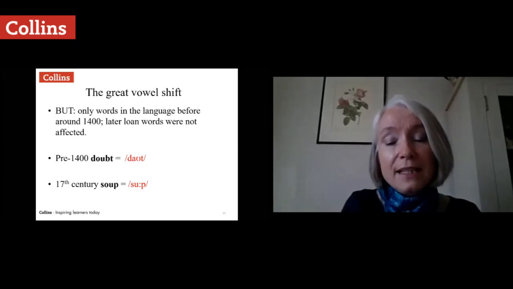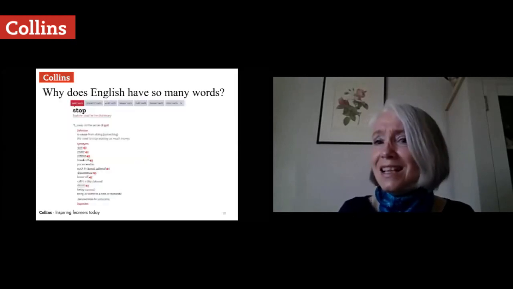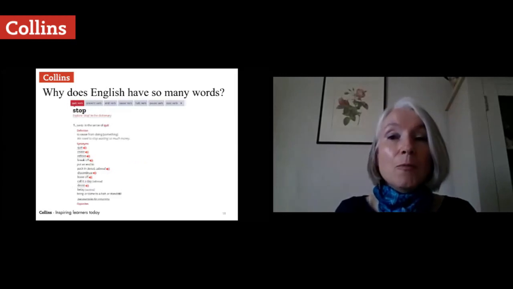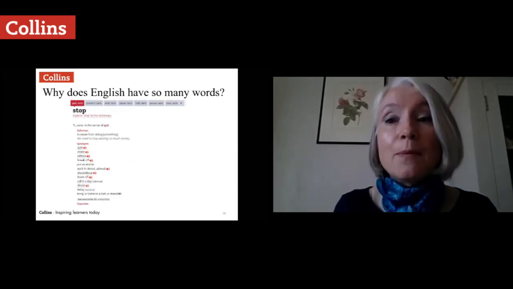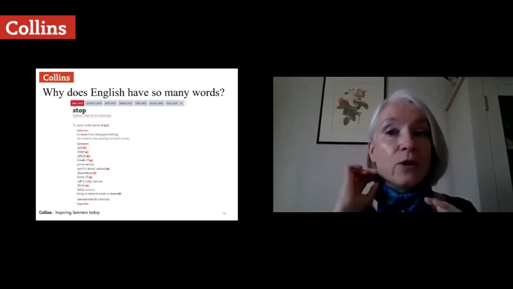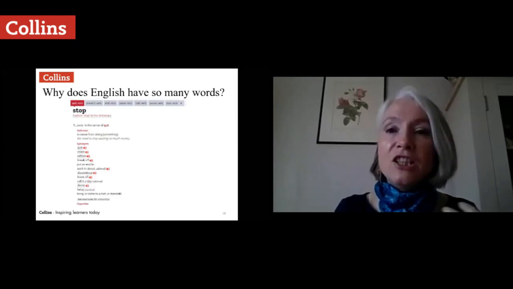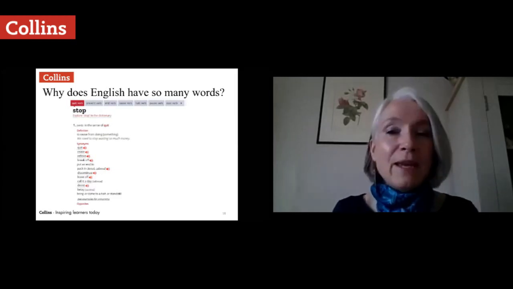So they've all got slightly different meanings. So why on earth does English have so many words in its vocabulary? Because being able to navigate through the vocabulary is a real challenge for lots of learners and for young children learning the language. And particularly if we're thinking about creative writing in an IGCSE context or CB